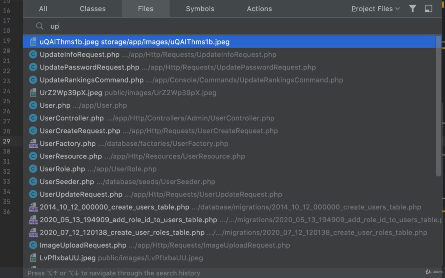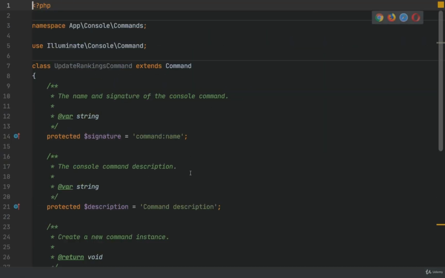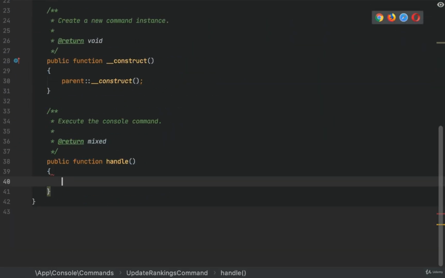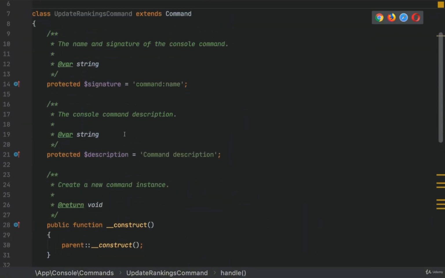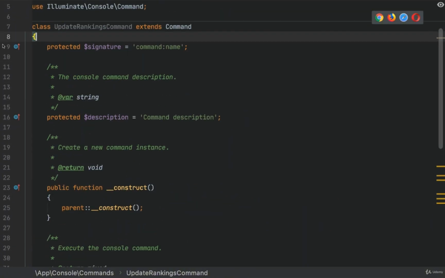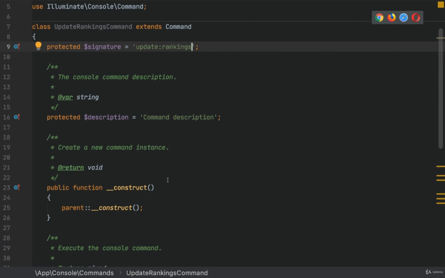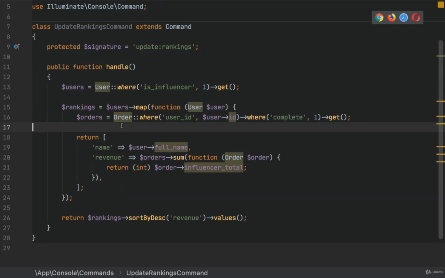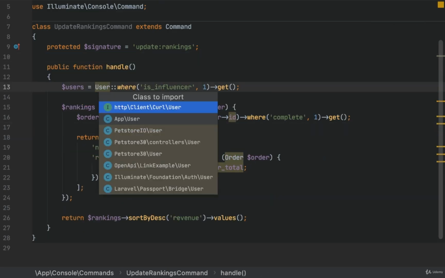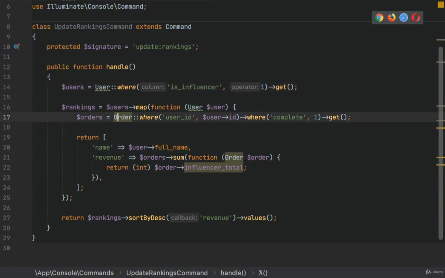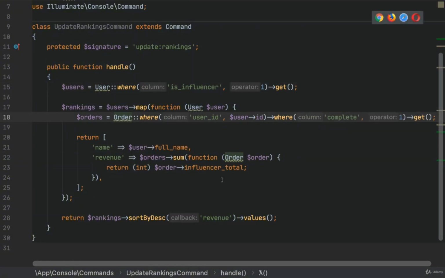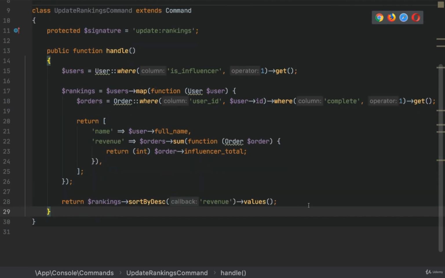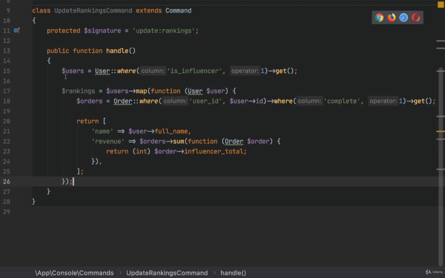Let's go to the UpdateRankingsCommand, and in the handle let's paste our code, and let's make some changes here. The signature will be update:rankings. We don't need a description or a constructor, so let's remove all these parts here. Let's import the users, and here let's import the order. So we don't need to return anything here, we just have to loop the users. So I will use